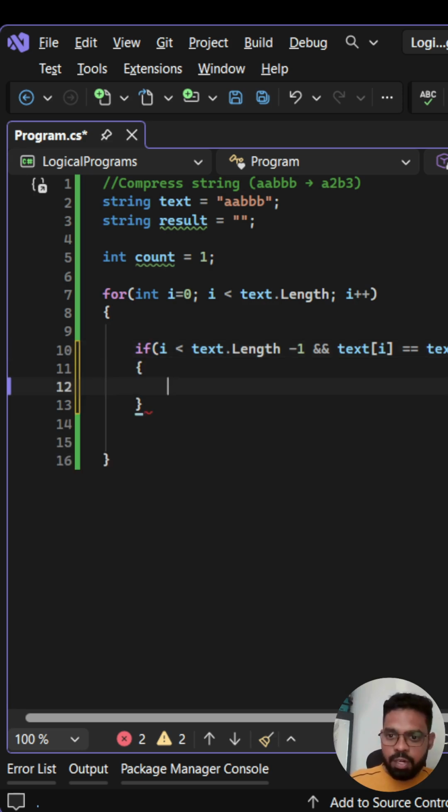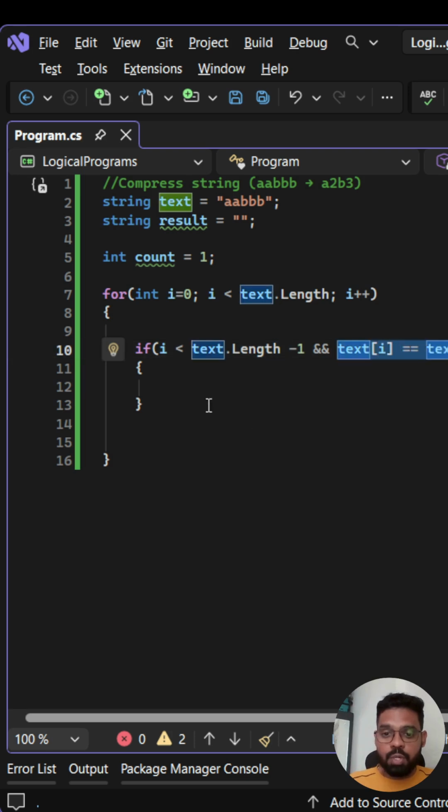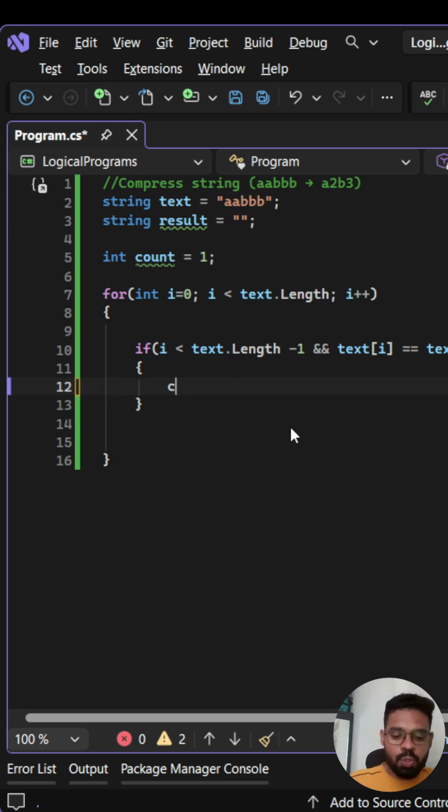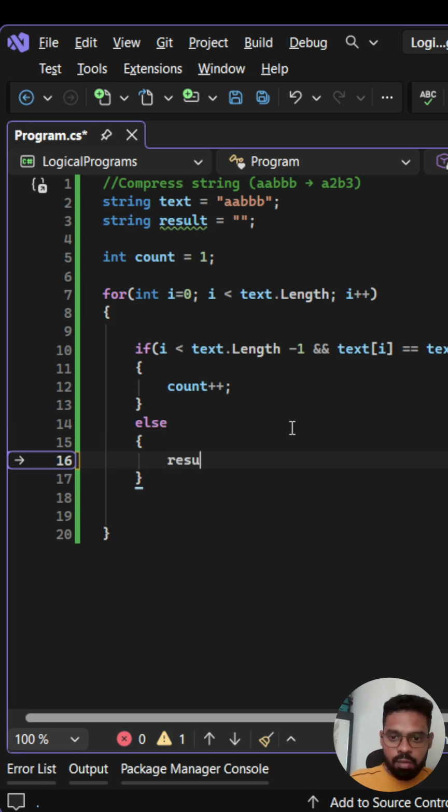We are checking whether i is less than text dot length minus 1, and whether text of i equals text of i plus 1, meaning the first character and the next character. If it is true, then we'll have to increase the counter. If not, in the else block, we'll have to concatenate the result